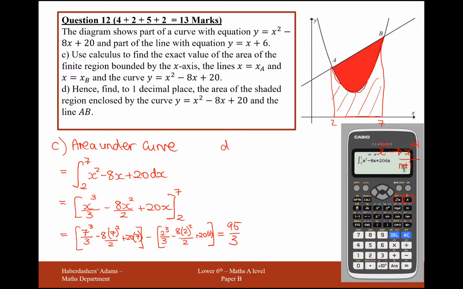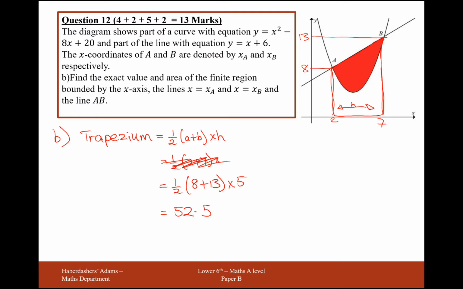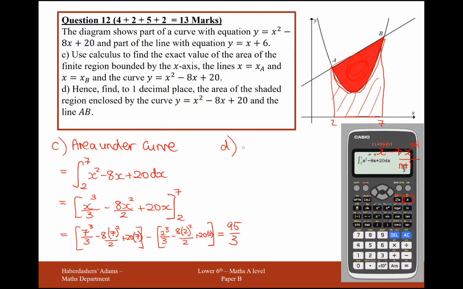Part D is find the value to one decimal place of the area shaded by the region enclosed by this curve and the line AB. So now we're looking for this red area here, the area that's not been highlighted because my pen is red. Okay, so let's work backwards a page. We had 52.5 up here. So 52.5 is the area of the trapezium, and we've got to take away 95 over 3. And that's going to give us